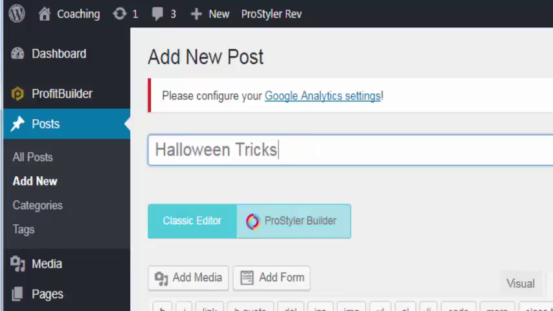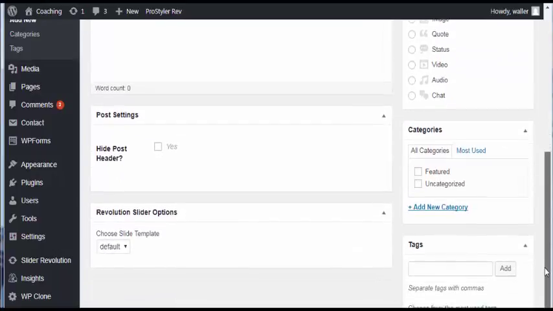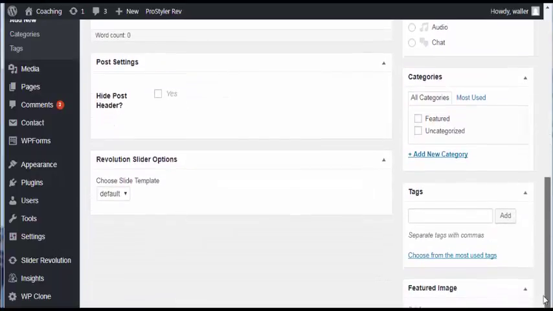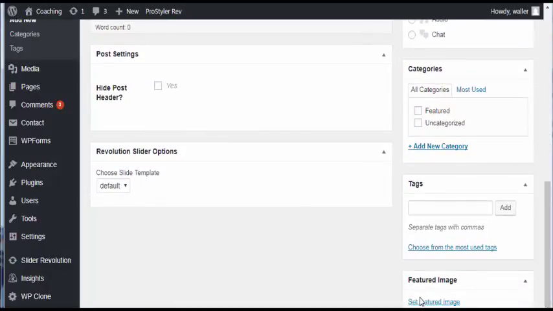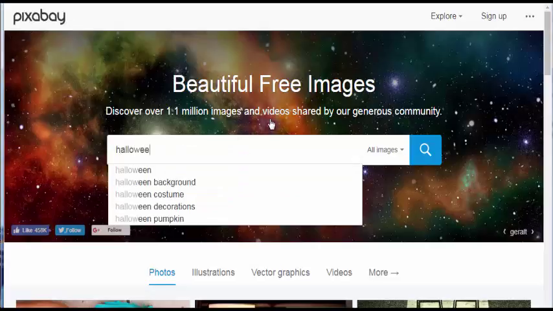We're going to use the Prostyler builder, but before we do that we're going to put in the featured image. So the featured image will show up at the top of the post. Now you won't see it within your post as you're working in it, but you'll see it elsewhere. And if we go to Pixabay and search for a nice free image,